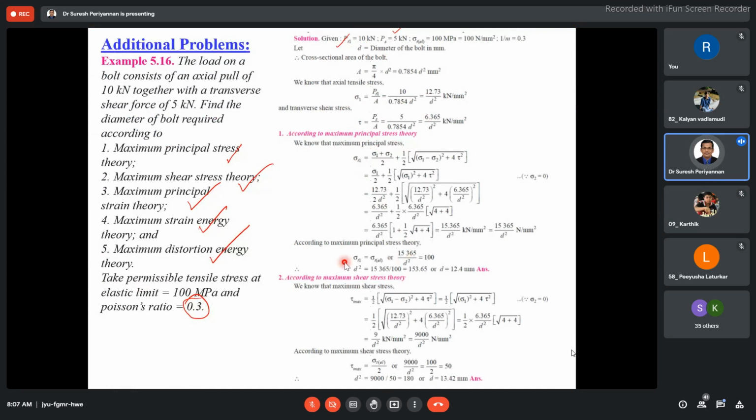When finding sigma 1 and sigma 2, we equate, because the first theory is the maximum principal stress theory. Based on that concept, sigma 1 is equal to our allowable limit, the permissible tensile stress. Equating that, we are able to find the diameter of the bolt. Okay, now